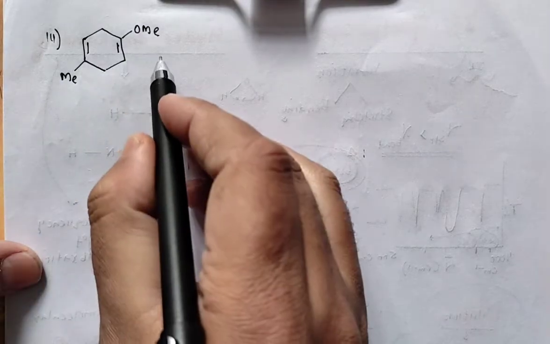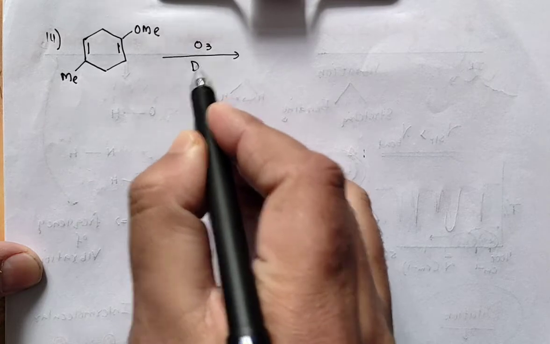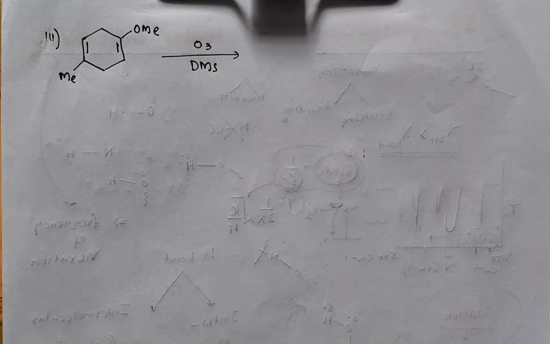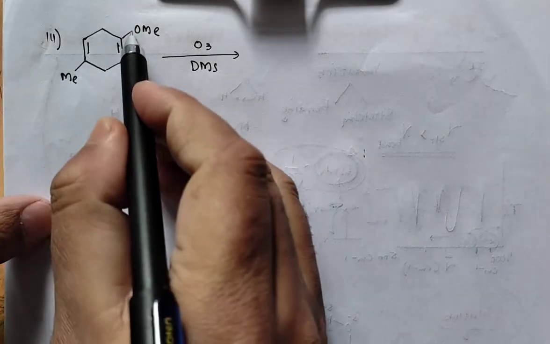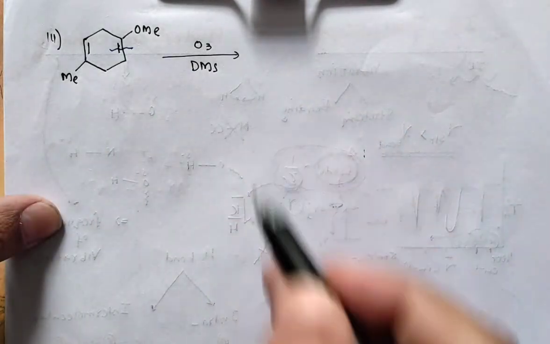So what will happen in this case? If you are adding ozone in presence of dimethyl sulfide, so you are basically doing the reductive ozonolysis. That means the fragment we get after breakage, we need not oxidize. So what will happen? Here the rule is, the one which is electron rich, that only will get cleaved. Remember this. So when you have two double bonds in a compound, the one which is more electron rich will get cleaved. So cleave this one, it's more electron rich. This will remain unaffected. So you will get,